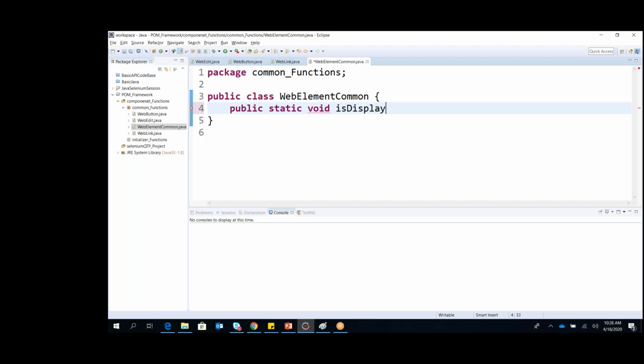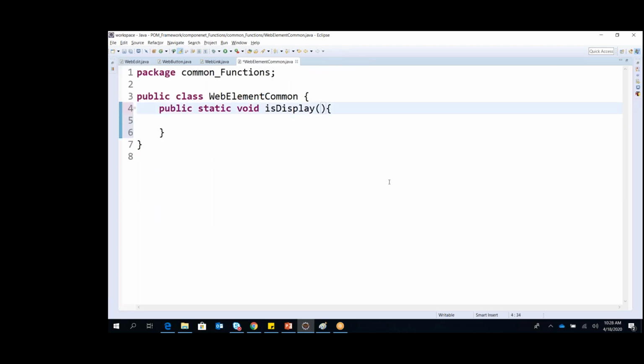isDisplay is my first function, and what my isDisplay function says is I need a web element on which I'm going to check whether it is displayed or not. And I said, okay, that is my isDisplay. So now, if you can see here, I am facing these issues. Web element is